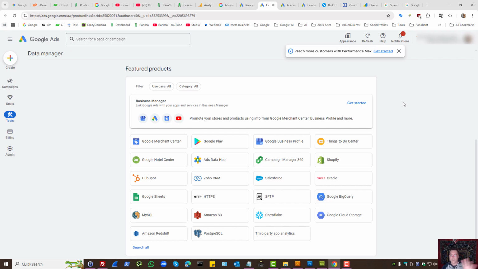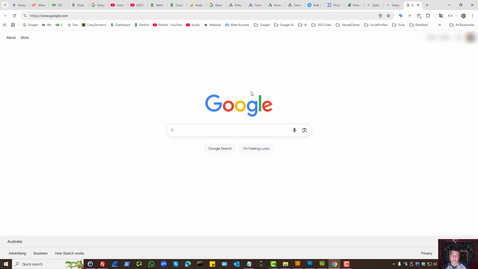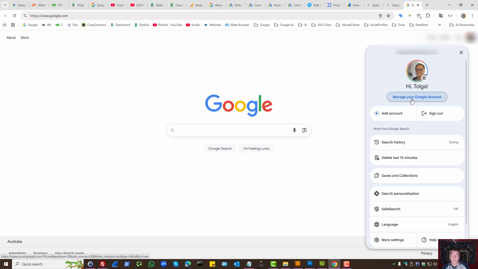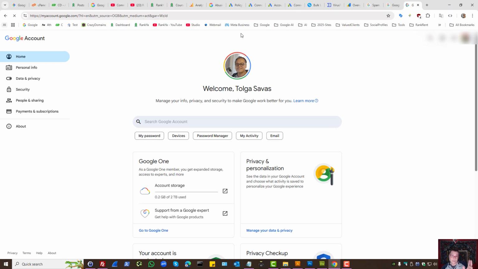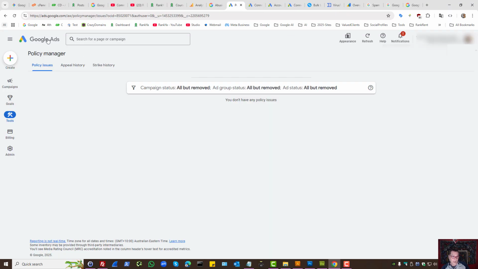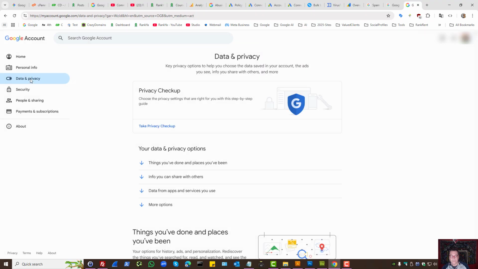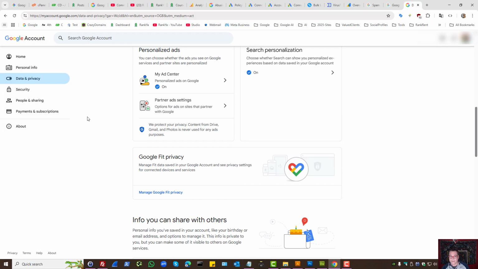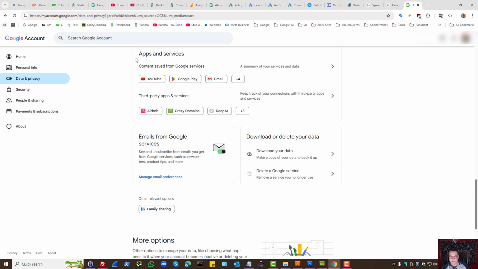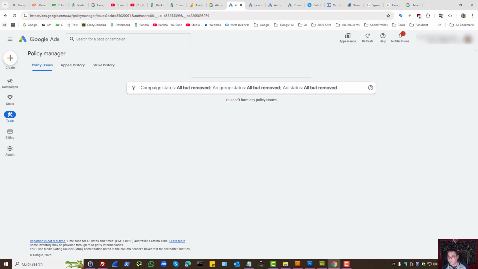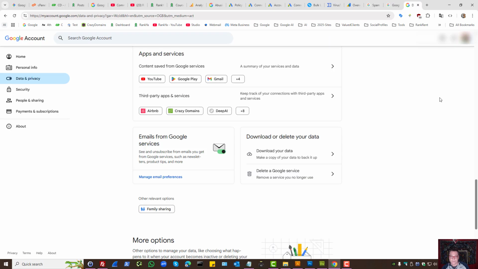Now, depending on the type of setup that you have, I'll show you one more setting that you must triple check, and that is your main Google account that's created for Google Ads, because that could happen. And here under data and privacy, you want to look at what apps or services are connected to the Google account that you've created your Google Ads account with,